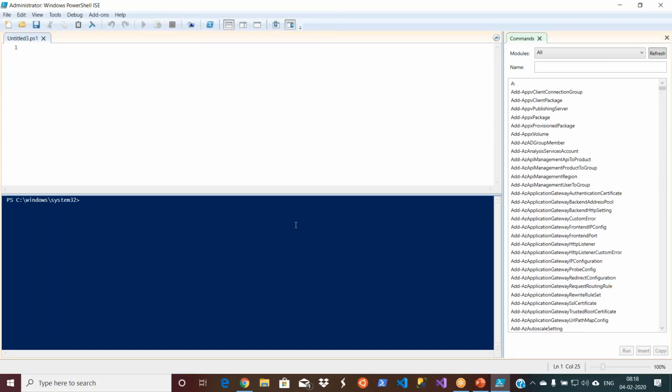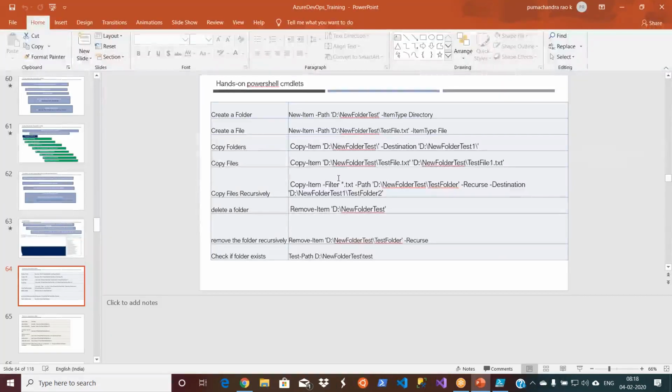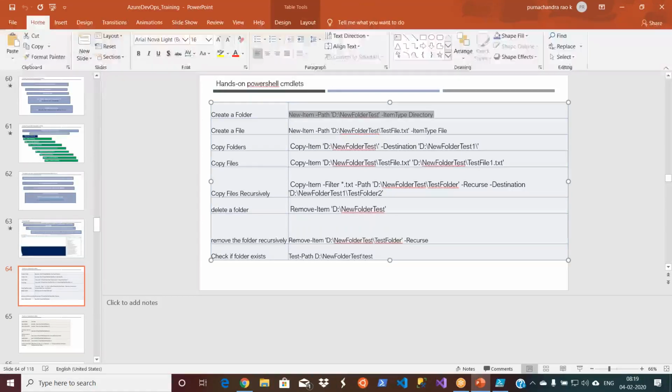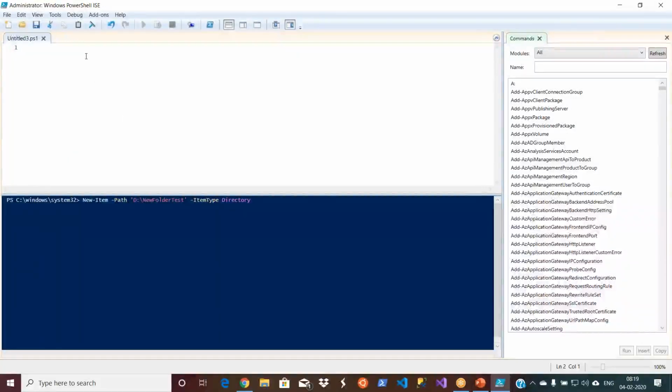Okay. So let's execute a couple of these commands and then we'll move on to the other things, because there is nothing to explain here for me. The reason I want to execute these is that it will give you a good idea as a learner. So I want to put it here rather than, of course, when I run this from here, it will be displayed in the command prompt.